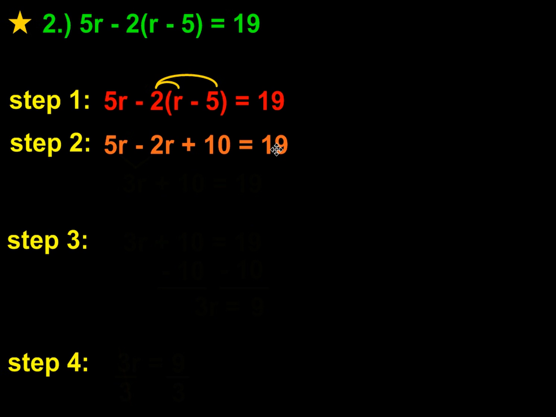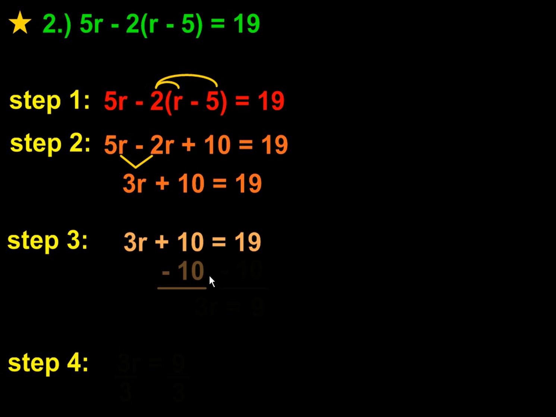So we can start by combining our like terms. We have 5r minus 2r, which equals 3r. We bring down the positive 10, and it still equals 19. And this is what's going to move us to step 3. We copy that part of the problem down. We now want to get rid of the positive 10, and we do that by subtracting 10, and that's going to cancel it out. And we can subtract 10 from 19,